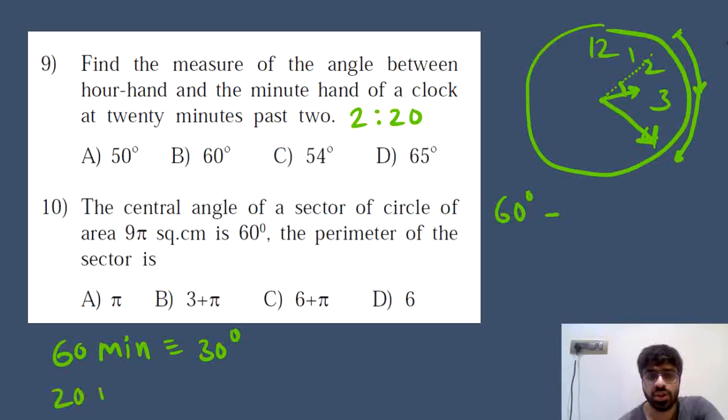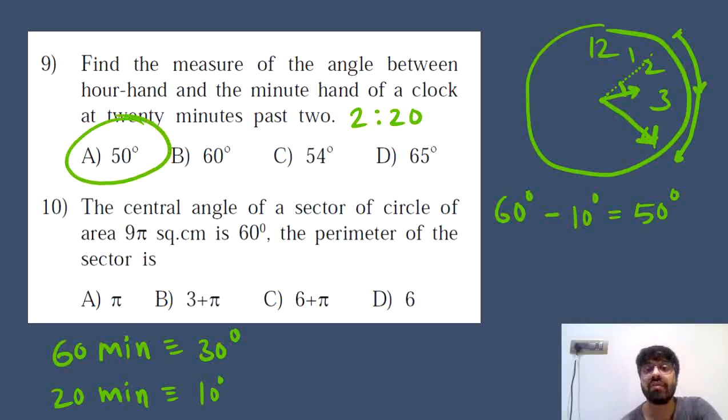So in 20 minutes, it is 2:20, right? So in 20 minutes, the hour hand will trace how much? 60 minutes, 1/3 of it is 20. So 1/3 of 30 would be 10 degrees. For all those who don't get it, you can take an x here, cross multiply, and you can get the value of x. Ultimately, the angle here will be 10 degrees. So 60 minus that tiny angle of 10 degrees needs to be subtracted, and the final angle between the hour and minute hand will be 50 degrees, giving you option A as the right answer.